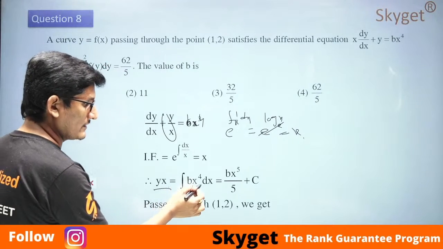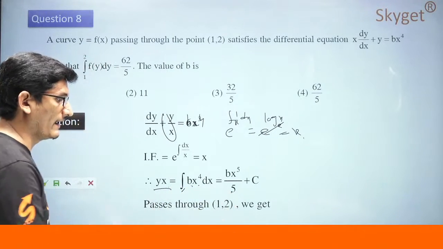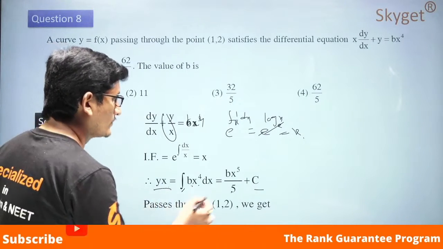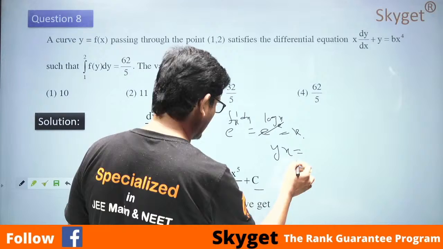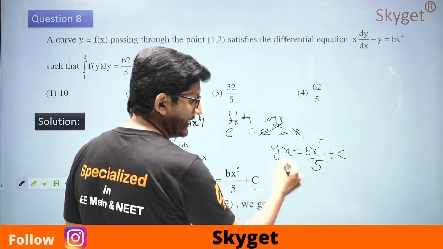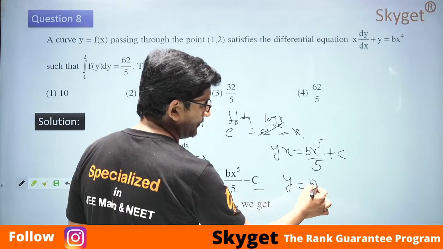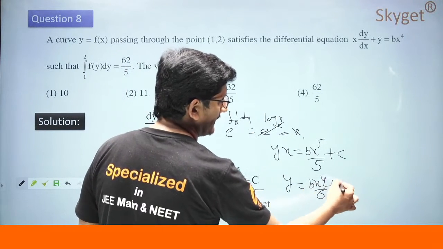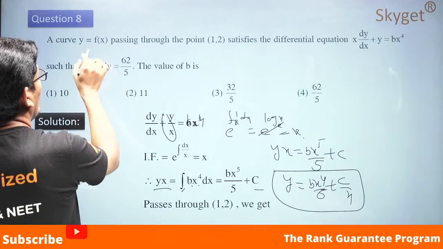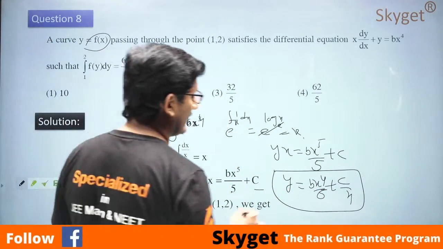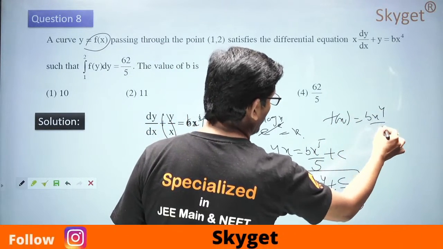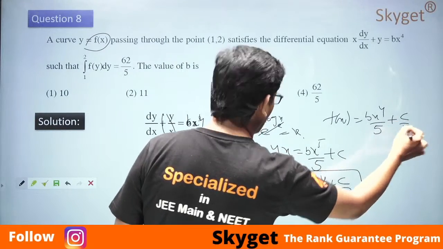Now apply integration here: x to the power of 4 integrates to x to the power of 5 by 5 plus an arbitrary constant c. So y x is equal to b x to the power of 5 by 5 plus c. Now taking x to the right side, y is equal to b x to the power of 4 by 5 plus c by x. And y is nothing but f of x, so instead of y we can write f of x. So f of x is equal to b x to the power of 4 by 5 plus c by x,